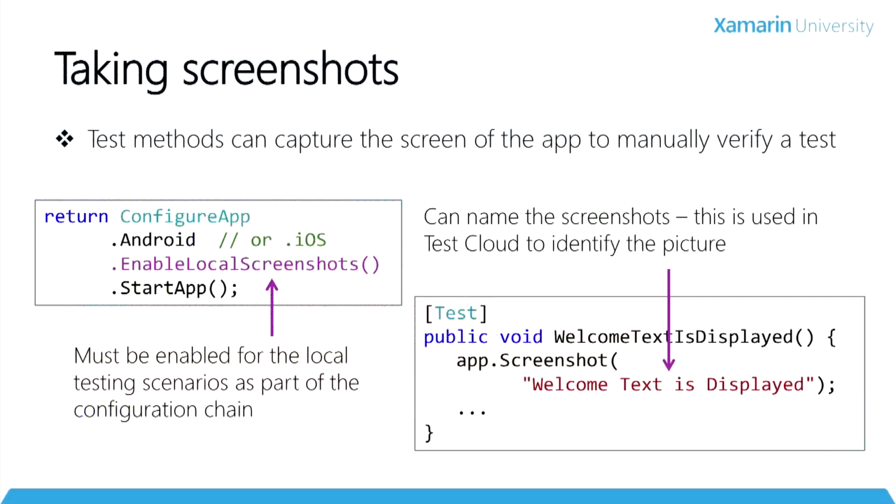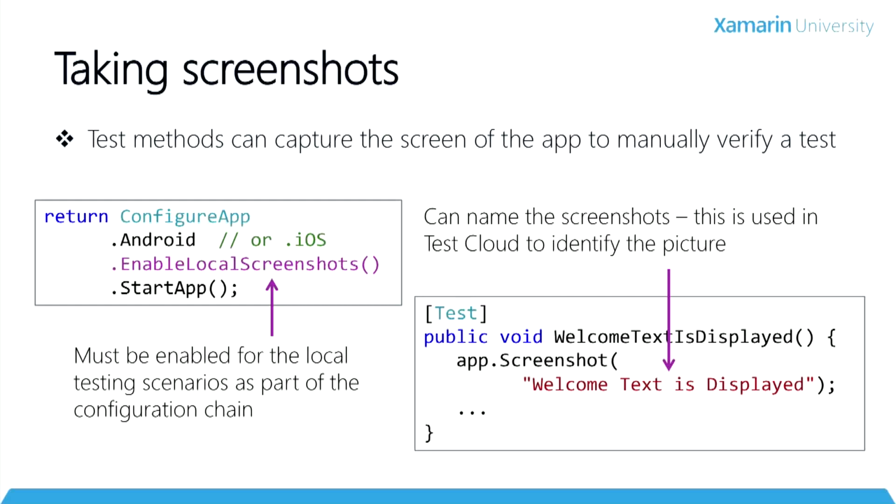Let's talk about some of the other things you might want to do in a test. First, there may be some features that you activate which must be manually verified by looking at the screen. Well, you can get the test to take a picture through the screenshot method. The resulting picture is placed into the bin debug folder where the UITest binary is running from and given a name like